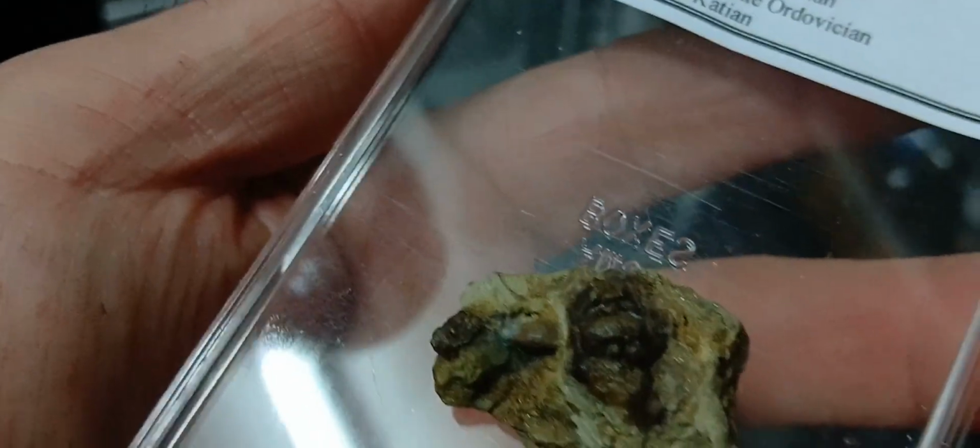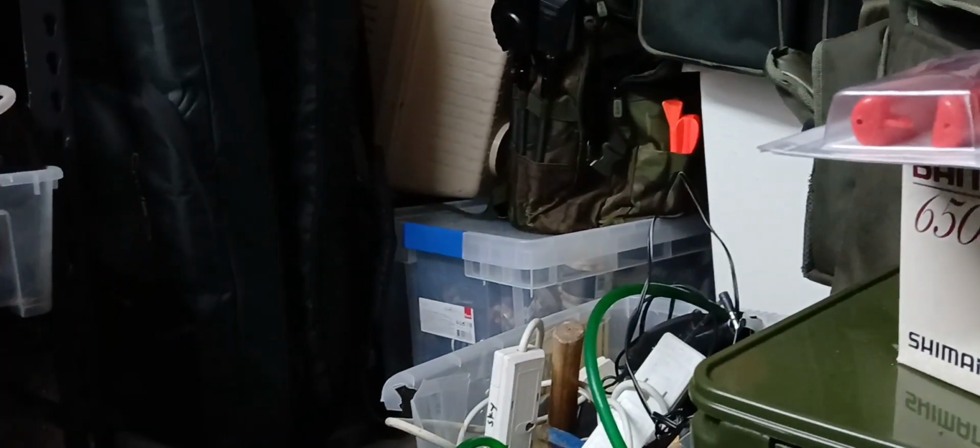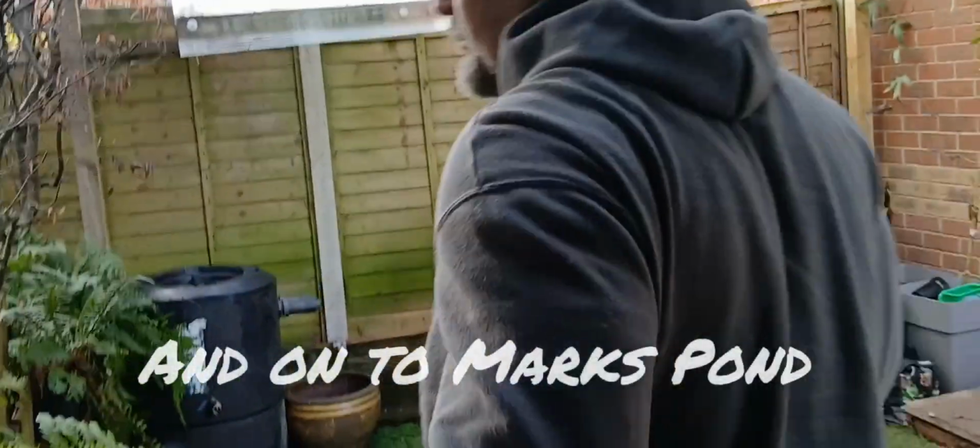The light's shining on that a bit, but I don't get him out. Wow. It's amazing. It's something different, isn't it? But they're ultra rare. They're just going up in value. Okay, right, let's go and...